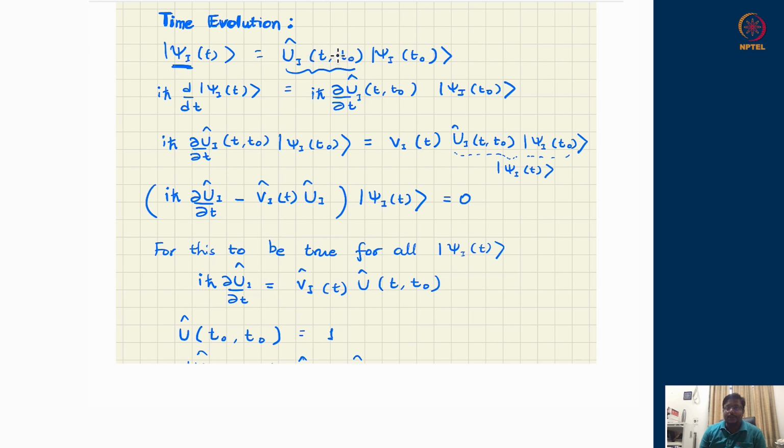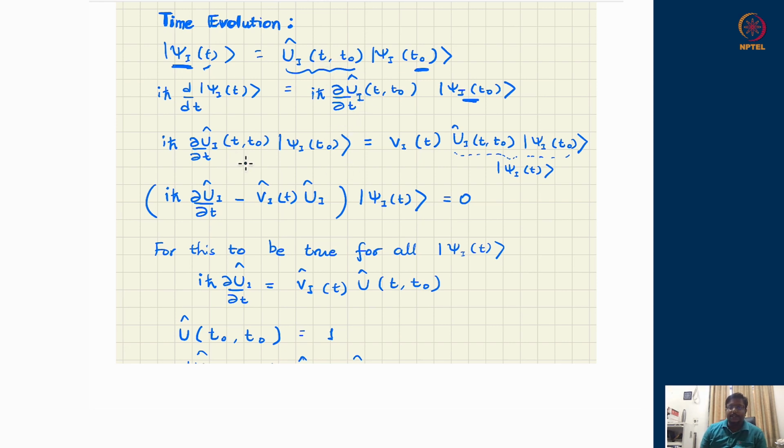Okay, so that is the U_I between time t0 and t. So you start in the interaction picture with some wave function, the ket psi_I at time t0, and some unitary operator takes you to some future ket psi_I(t). Therefore, if I take the derivative of this on the left hand side with iħ times ∂/∂t, I will get iħ ∂/∂t on the right hand side. Since there are two variables and I'm taking the derivative with respect to t, while t0 is a fixed quantity, I can convert it into a partial derivative. And since psi_I(t0) does not depend on t, only the derivative hits the unitary operator U_I.